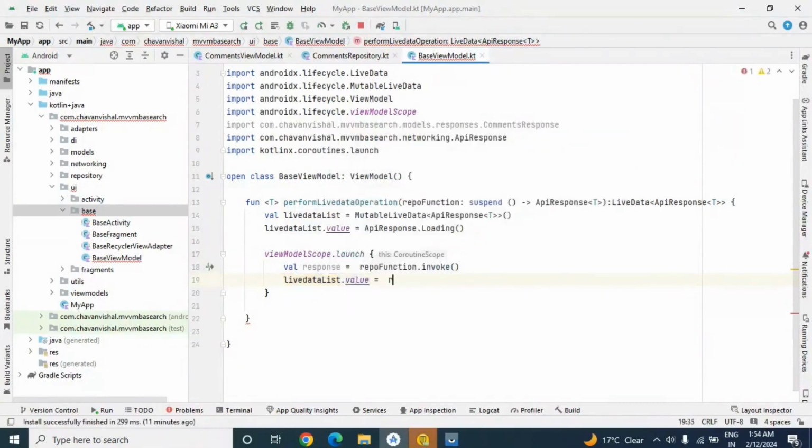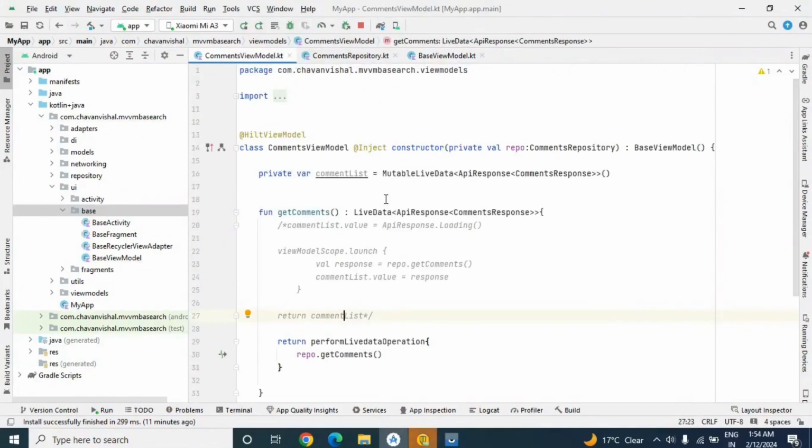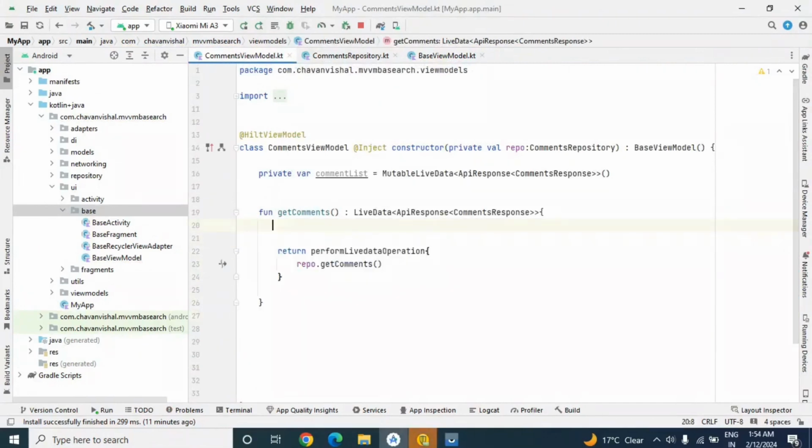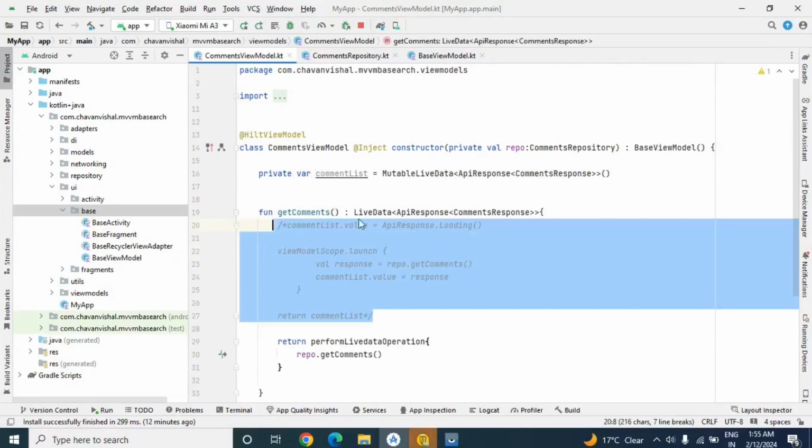Dot value is equal to response. Okay, and after that return live data list. Okay, see here. Okay, so here we will remove this code. Here we don't require this variable, just a minute.